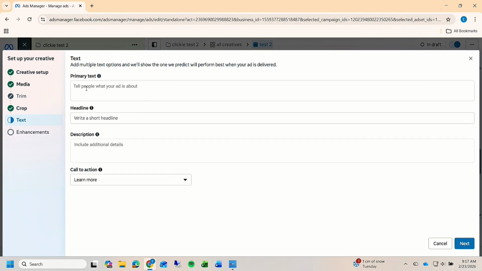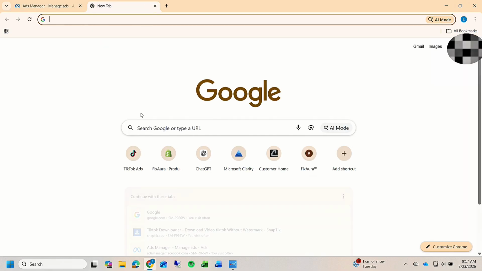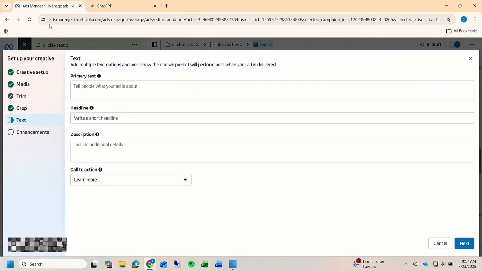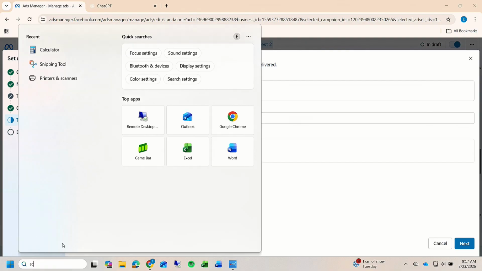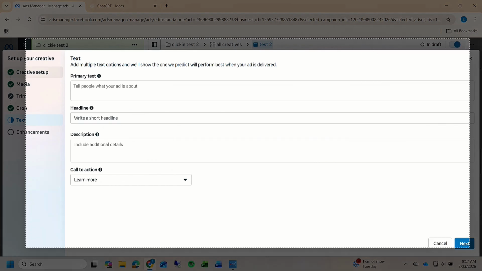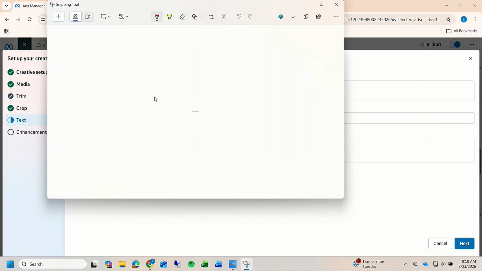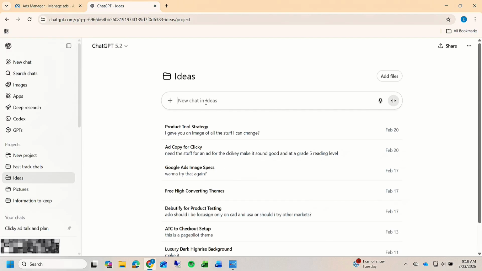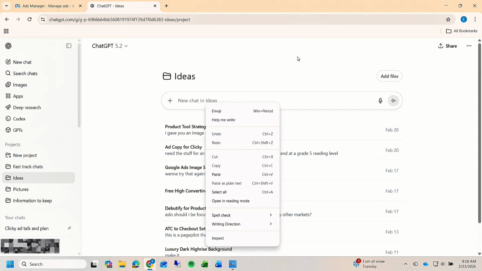This is where you add your text. So what I do is I would just come to ChatGPT. I would come back here, go to your search bar, open up snipping tool. Okay, and you're going to go new. You're going to take a picture of this, and then, well, it didn't work, but you know what I mean. You take a picture of this, then you would right click, copy it, and you would paste it in here, and then you would say,